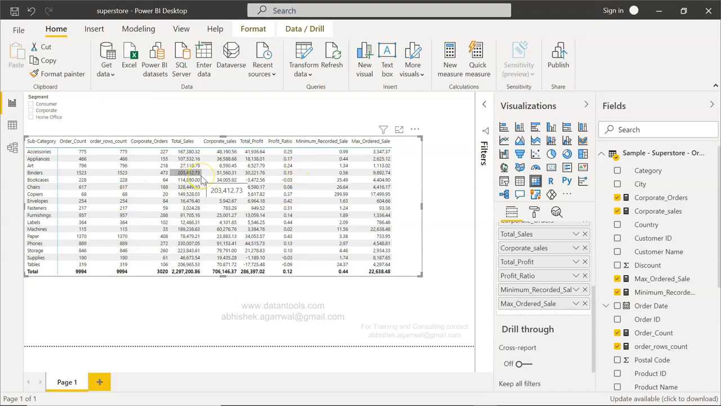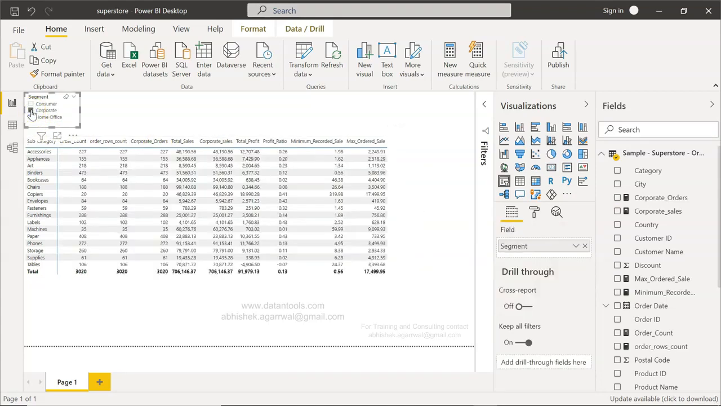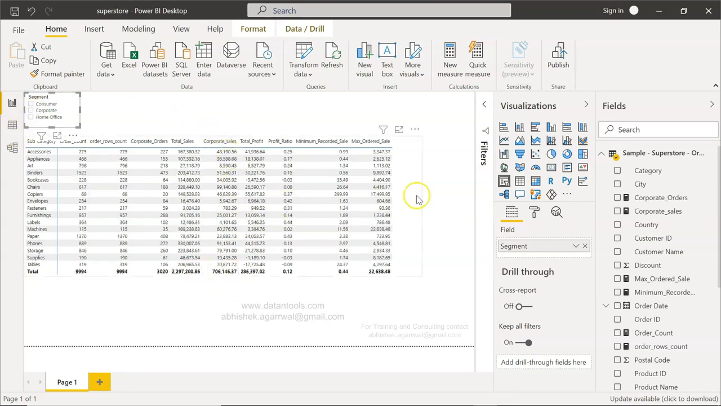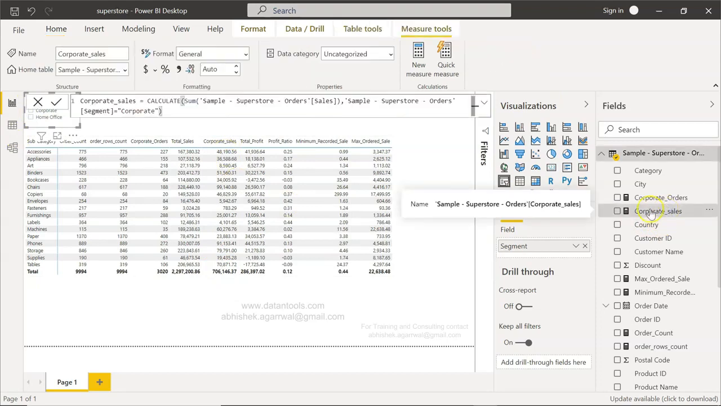Now we will just do a quick check whether these values are coming properly or not. So what I'll do is I will click on the corporate. What it will do, it will change the total sales to only corporate. And since this is our calculated column only for the corporate sales, you can see the values are the same. So that means whatever calculation we have done is the same, and even if you see it down there, the total is the same. So that's how very easily you can use this CALCULATE function